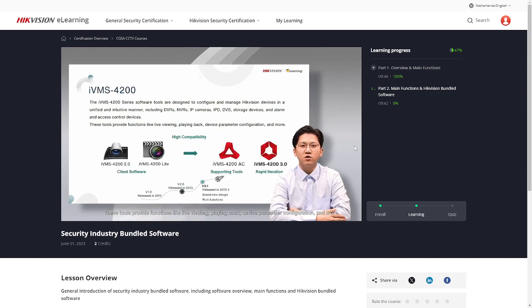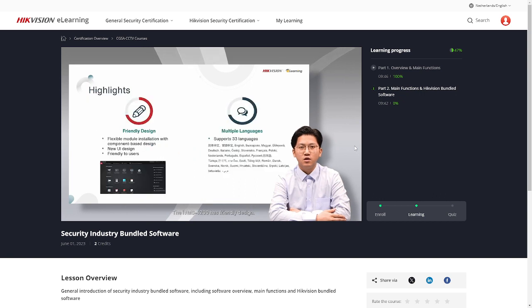These tools provide functions like live viewing, playing back, device parameter configuration, and more. The newest version is more powerful and with more new functions. The 4200 has a friendly design. You can easily find modules with different functions according to your requirements. And it supports multiple languages.